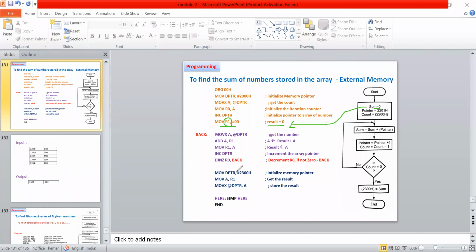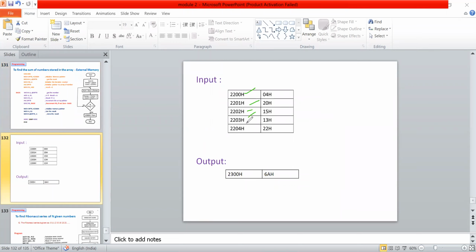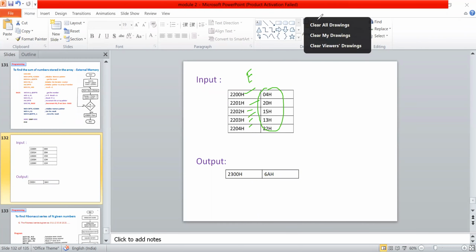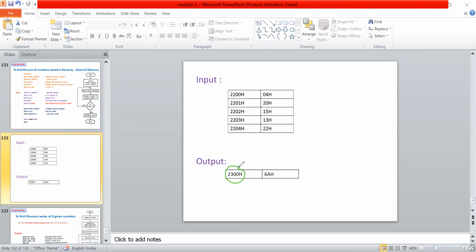Okay. For example, I will show here also one more slide. See here, we are taking 5 addresses. Okay. We are taking 5 addresses. So we have 5 data which are external. Okay, not internal, external. And so we take some other location from the external memory. There we will be placing our result. So this sum of result, we will be storing. Adding all the data, and we'll be placing it in that output address. Okay, in this address we'll be placing your output data.